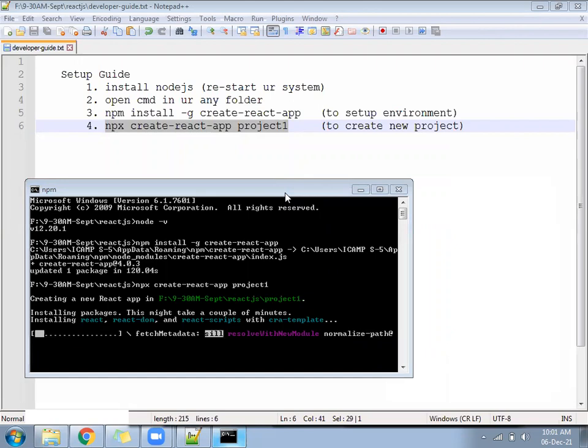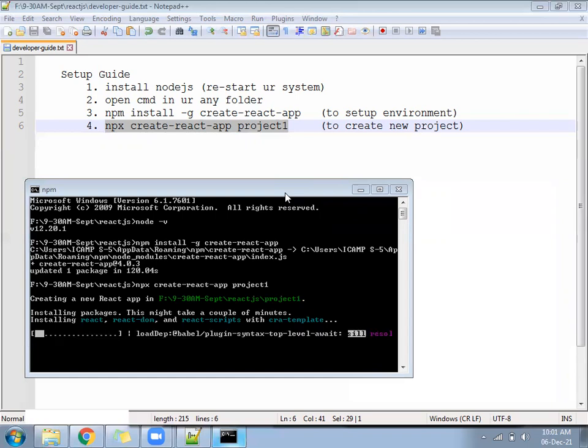Happy hacking will come when it gets completed. At last it will say happy hacking. If an error comes, you can run the same command number 4 again and again. If an error comes in between, don't change the network.